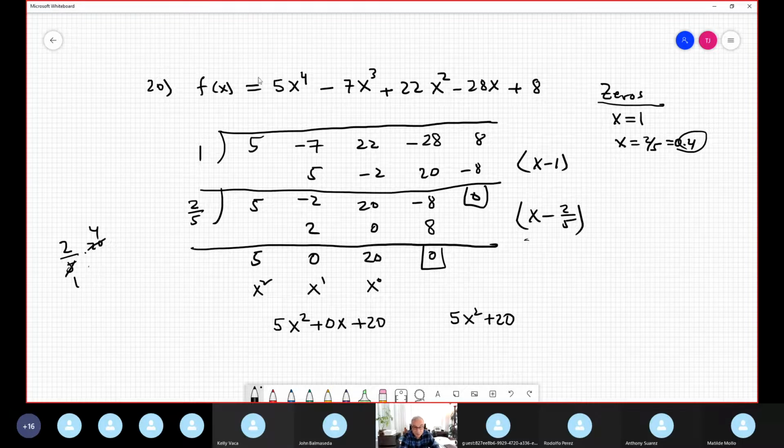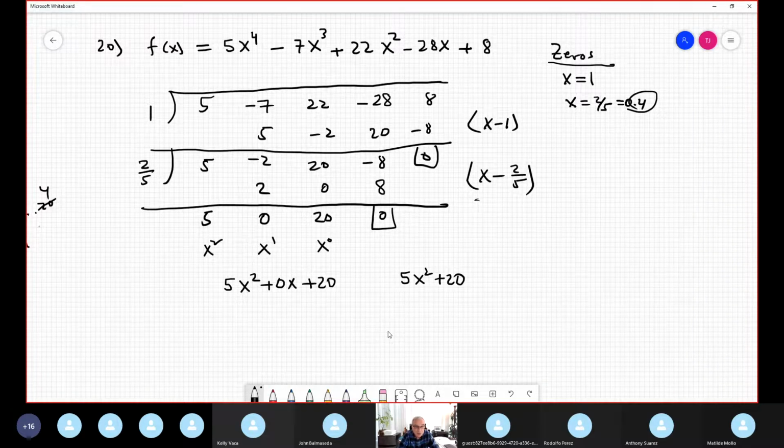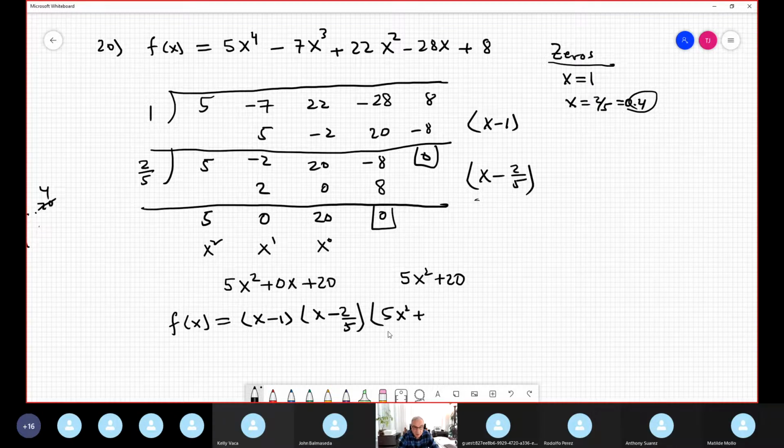Well, you write it like that. You write the multiplication: f of x is equal to x minus 1, x minus 2 over 5, and 5x squared plus 20, but in my opinion, it's much better